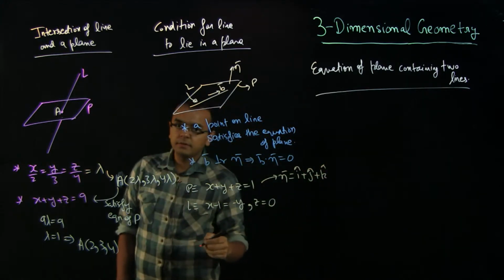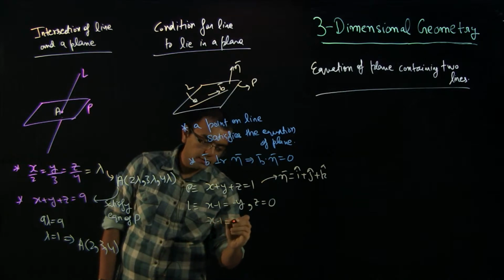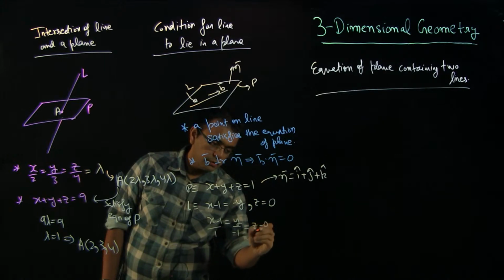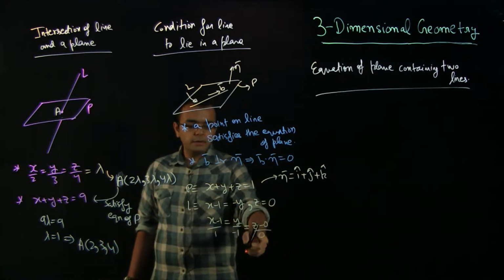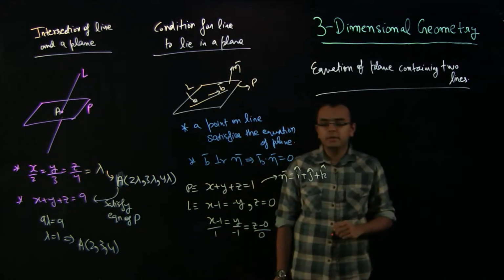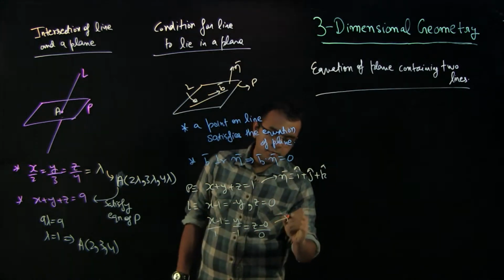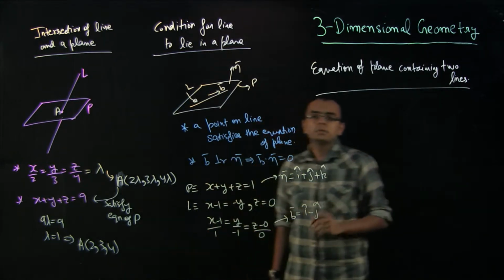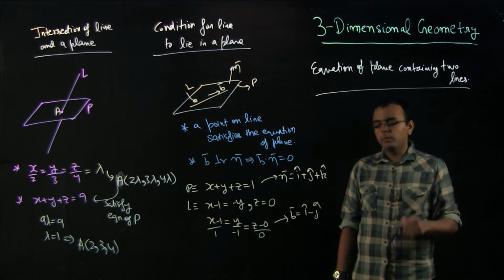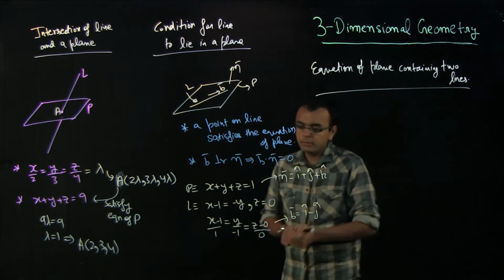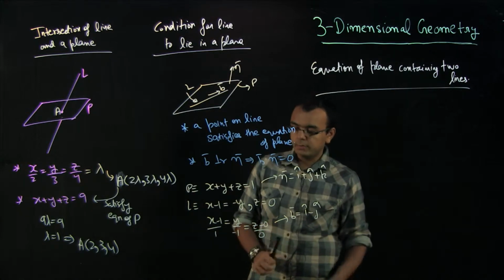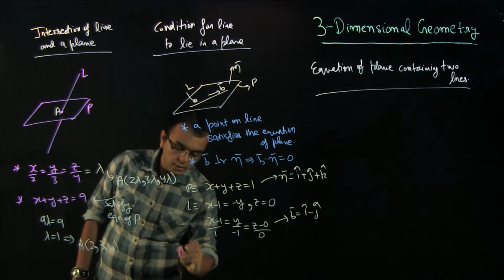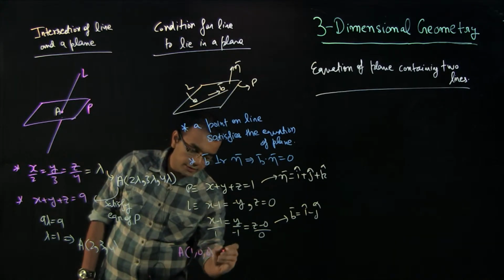How to write this equation? We have discussed this in the topic of lines, that if you get something like this, you should write it like this. So take this point here and divide by 0, so that this all satisfies, and hence B is i cap minus j cap, right? So now there are two things. One is you should take a point on the line. So what is the point? Point is 1 comma 0 comma 0. Does it satisfy the plane? Yes. So the point A, 1 comma 0 comma 0, satisfies. So that is checked.